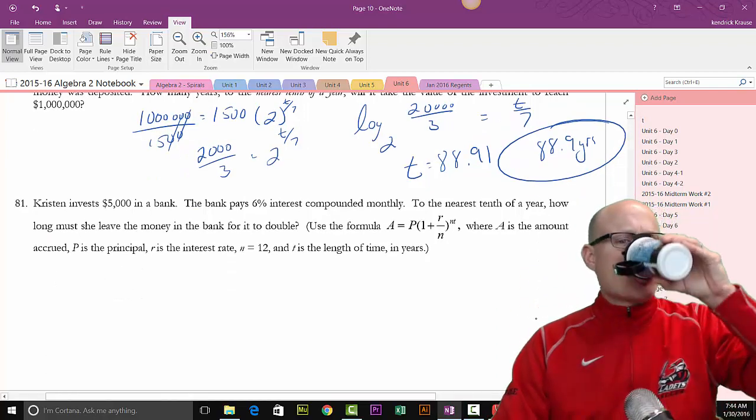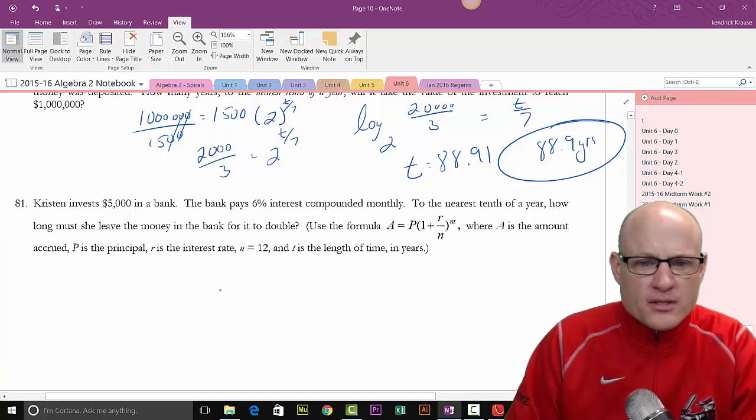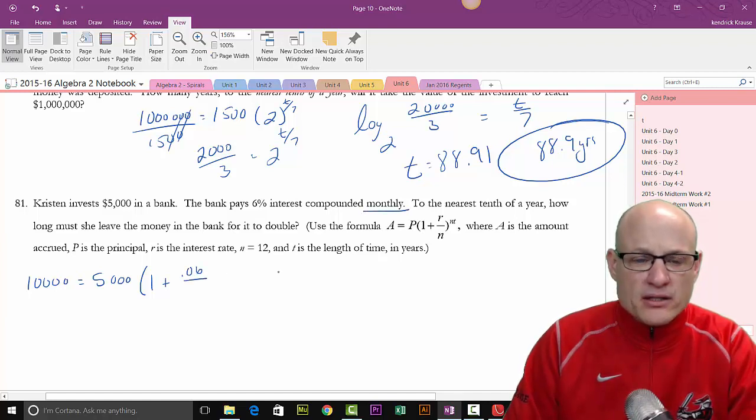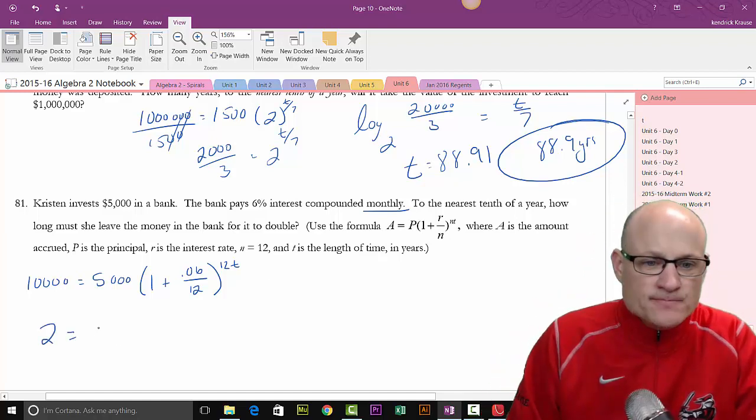Kristen invests her money in the bank. How long must she leave the money in the bank to double? So she's going to have $5,000, and we want to end up with $10,000. She started with $5,000, 1 plus 0.06 over n, now we're compounding it monthly, so that's 12, 12 times 12t, compounding it monthly. So n equals 12. Okay, so this is 2 equals